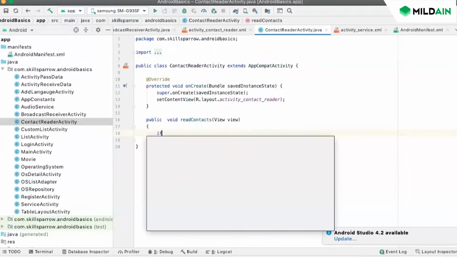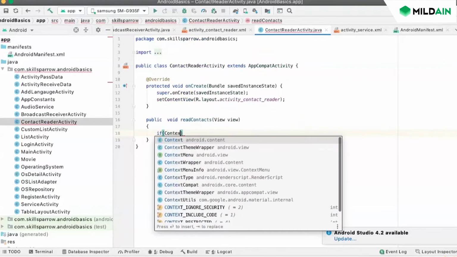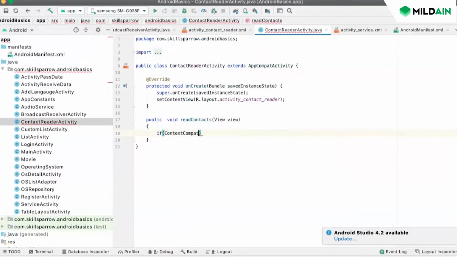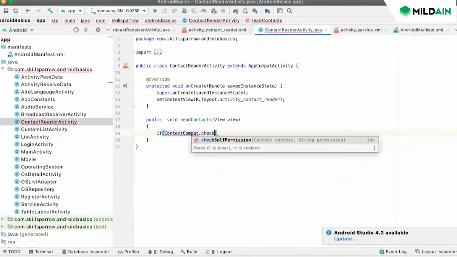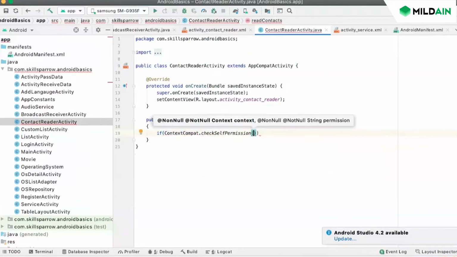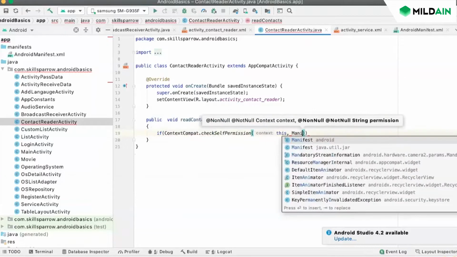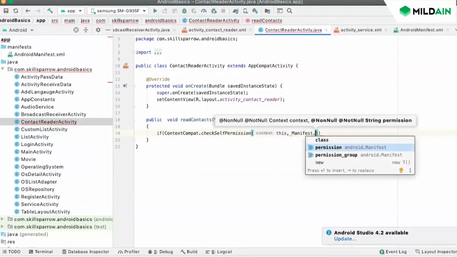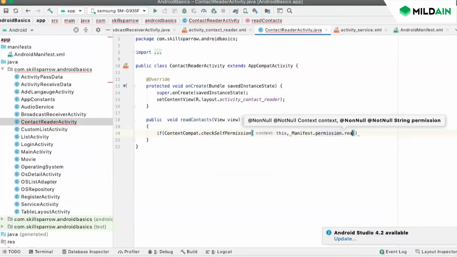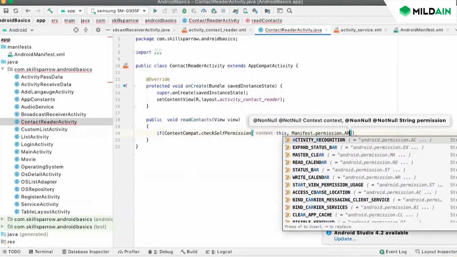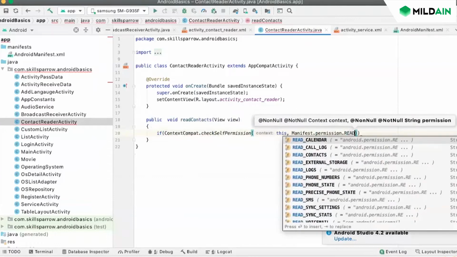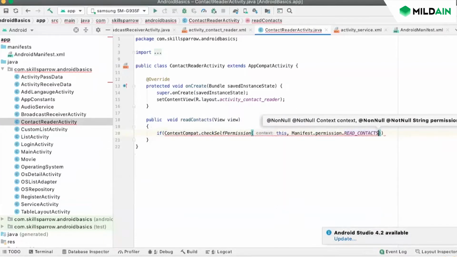We will say if ContextCompat.checkSelfPermission. Context is this. What are the permissions that you are looking for? We'll say Manifest.permission.READ_CONTACTS. If this permission